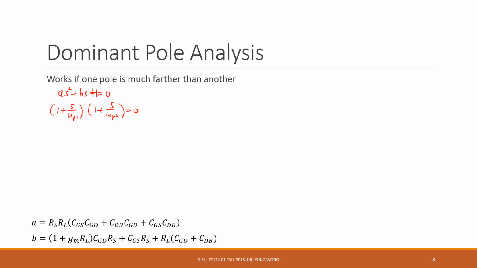I think more accurate, we should say minus 1 minus s divided by omega p1. So that omega p1 are the poles, right? But it's okay. We're just playing with the absolute number. So in the derivation here, let's just follow its approach, right? Omega p1, omega p2 are the poles of the circuit,